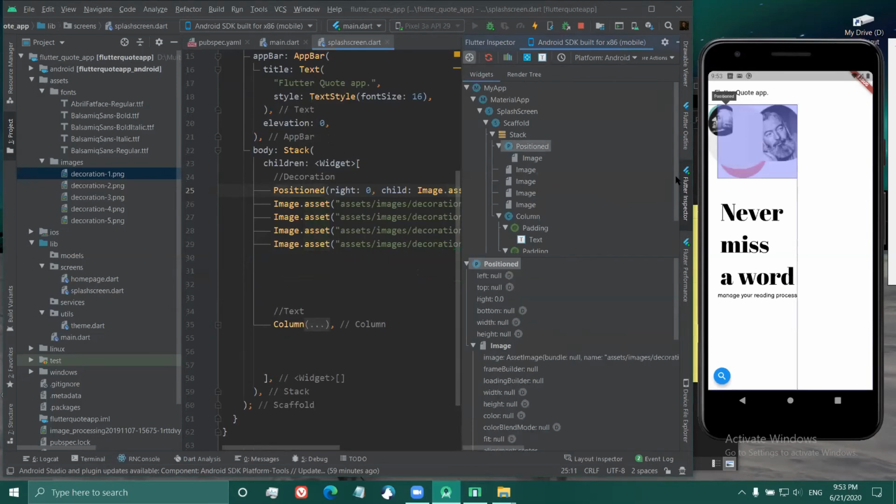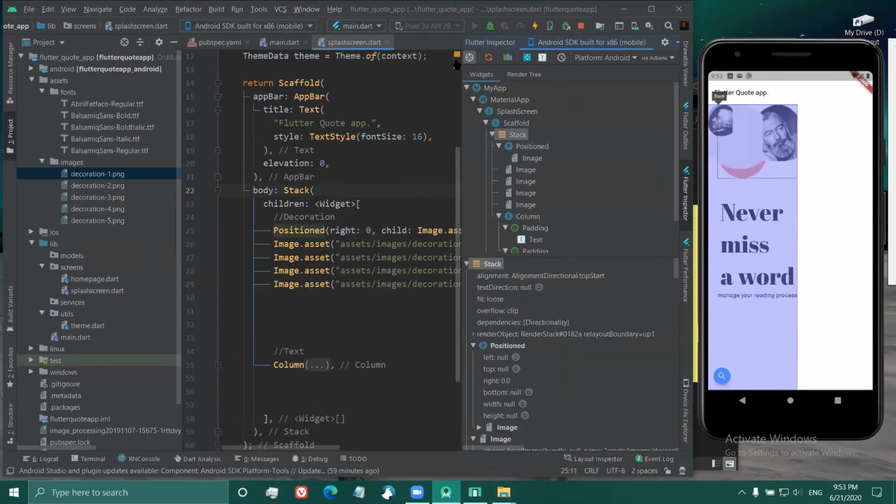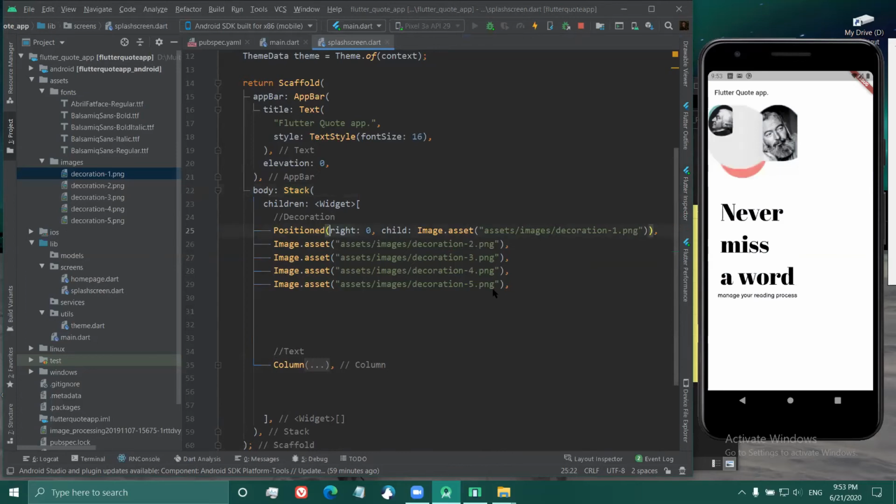Position and a stack. I can see the stack does not take the actual full width. For that, I'll say MediaQuery.of(context).size.width, which should set it as the device's width. Although, instead of this, I should wrap the Positioned with a Container and set its width as